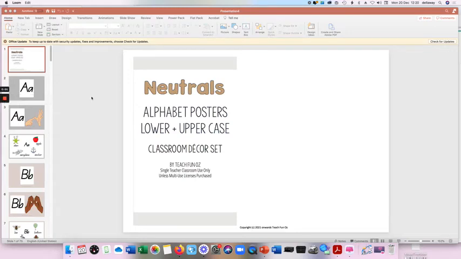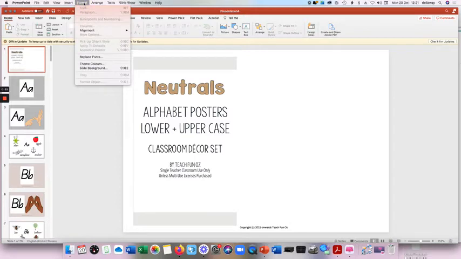Hi everyone, today we'll be looking at PowerPoint and a quick way where you can change the type of font that you have throughout your document in a really quick, easy way rather than individually changing each page. So what we need to do is just come up to the Format tab, then go down to Replace Fonts,